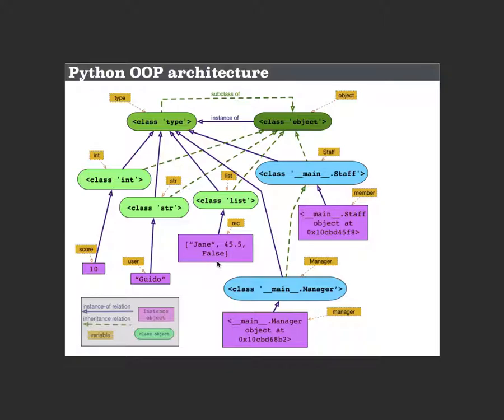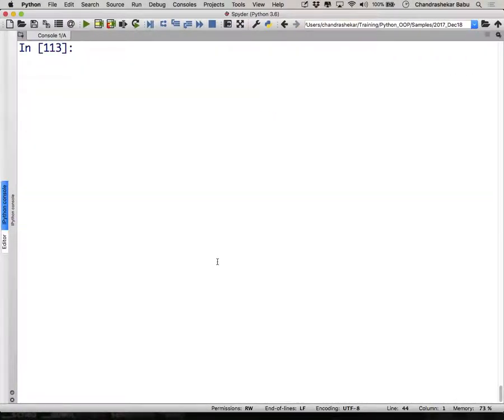Clear this? If I create manager, manager also is an instance of type. In this example, I'll use a similar example. I'll just create something called staff. Forget about car. As a class. But these are not concrete objects, right? Yeah. The classes that are created from type. How do you know it's not a concrete object?